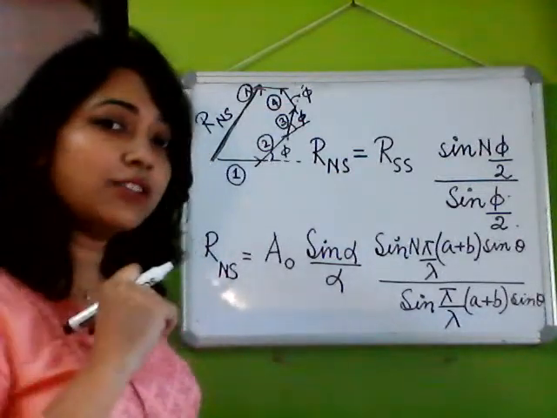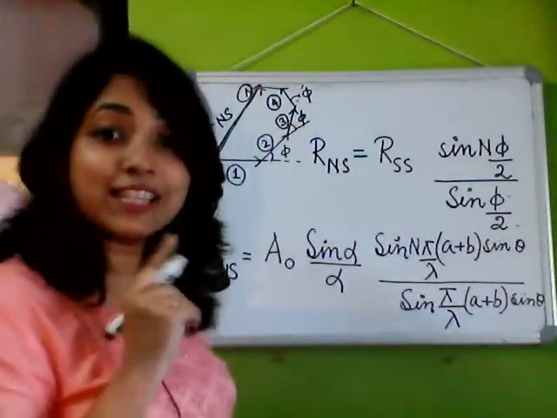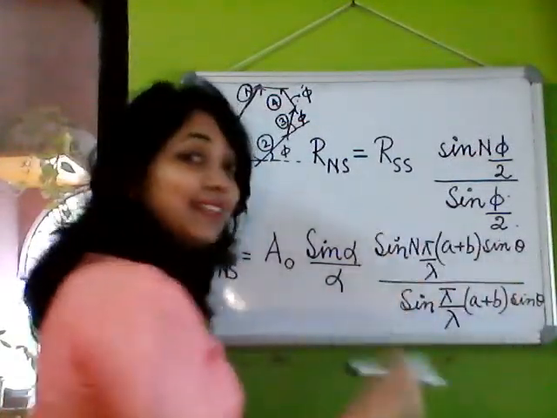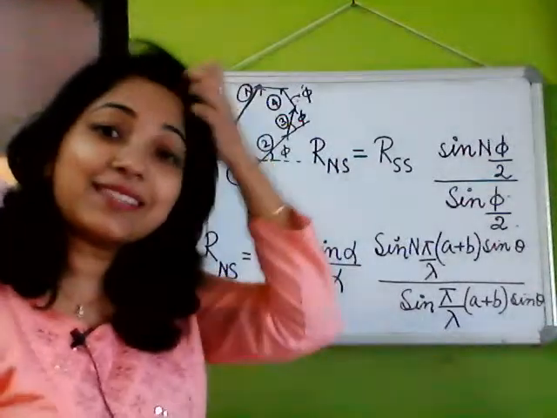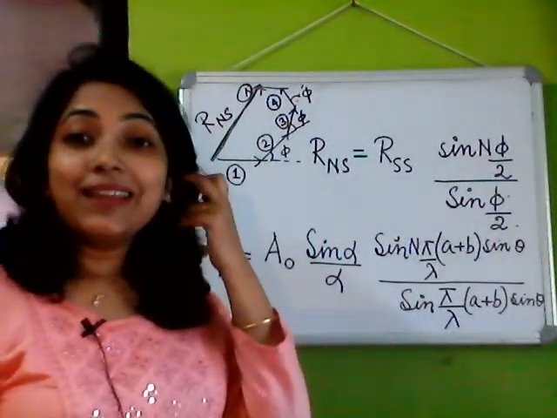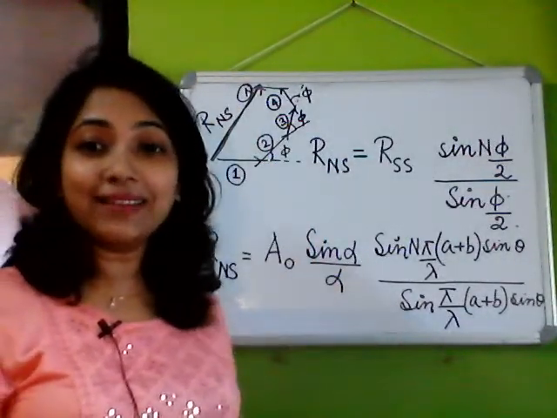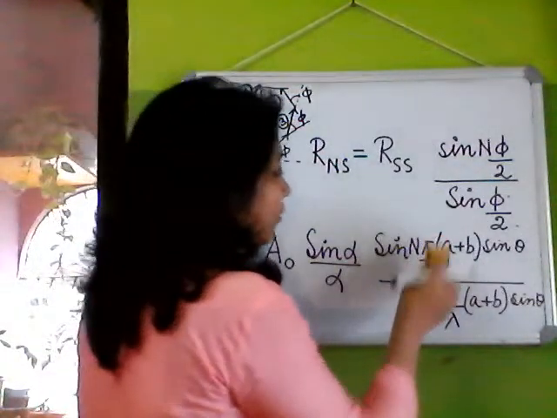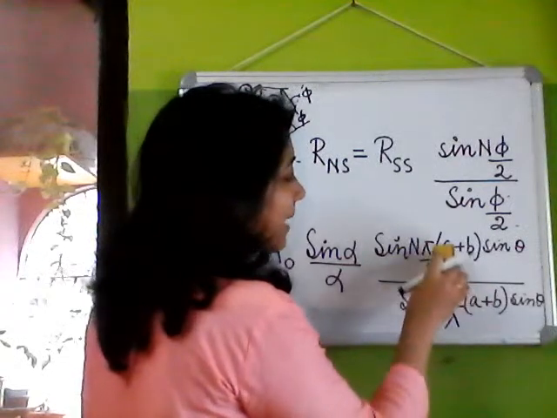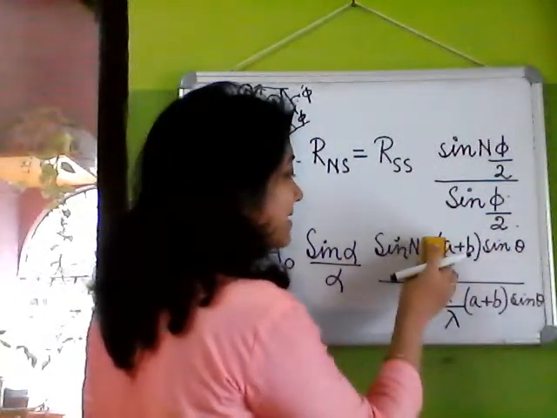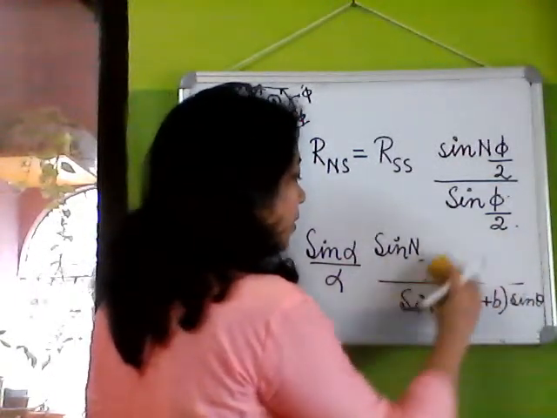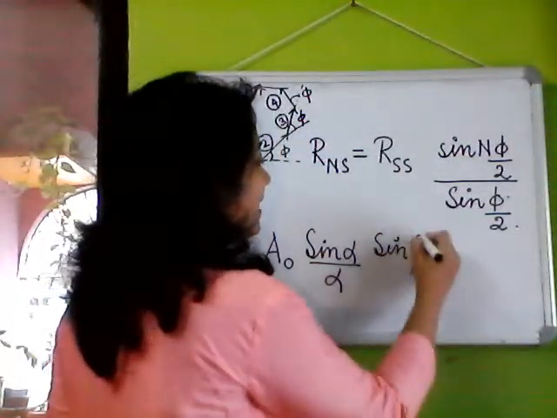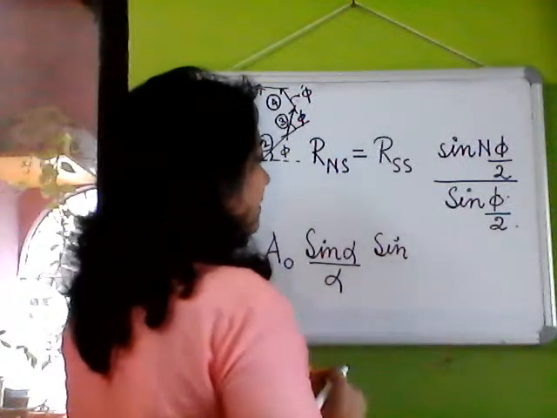However, if I ask you, what did we call this particular quantity, pi by lambda (a plus b) sine theta, in the last class where we were discussing the double slit? Remember, we had called this very angle the angle beta, isn't it? So if I call this pi by lambda (a plus b) sine theta the angle beta, what am I left with? I am actually left with sine n beta